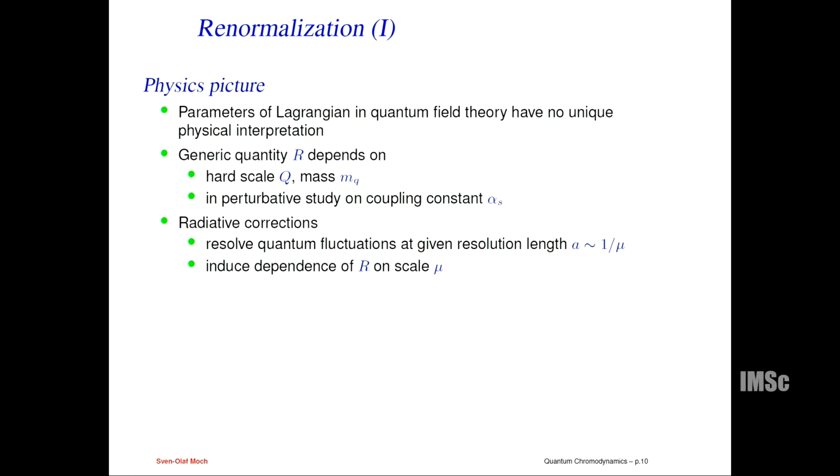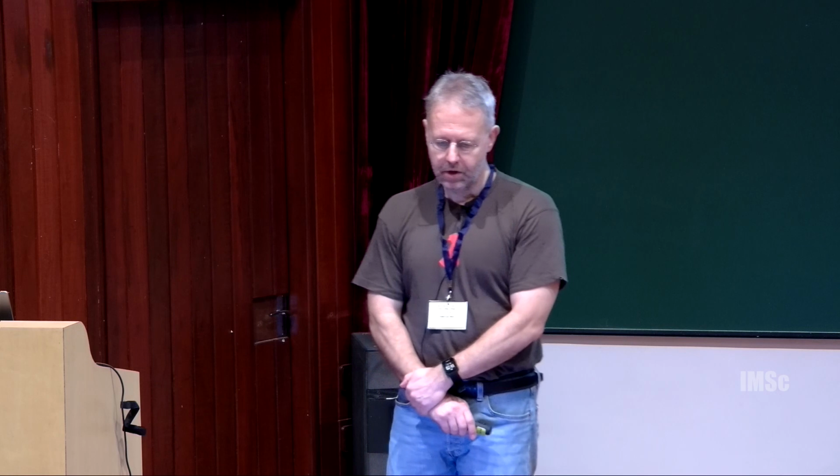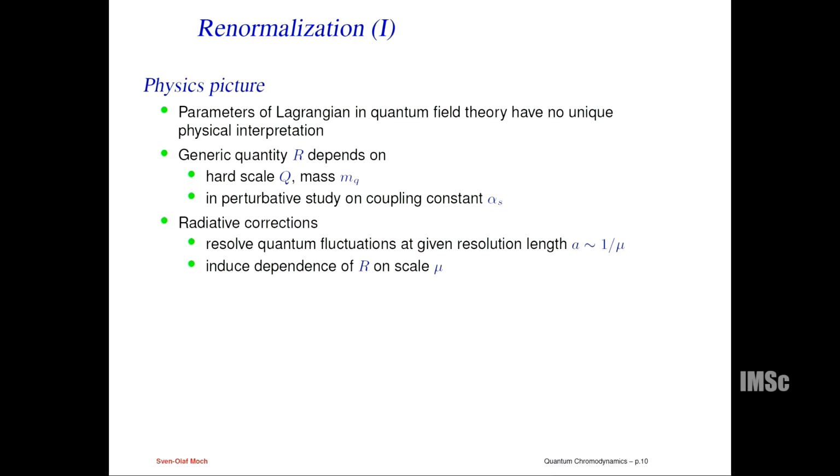If we want to do any computations beyond the leading order level, then there is another layer of concepts which we have to add, because intrinsically we're interested in the quantum effects of the theory, and in order to understand the quantum effects of the theory, we have to familiarize ourselves with the concept of renormalization. So the physics picture here is the following. I told you we have our Lagrangian, and it depends on parameters, but those parameters don't have a unique